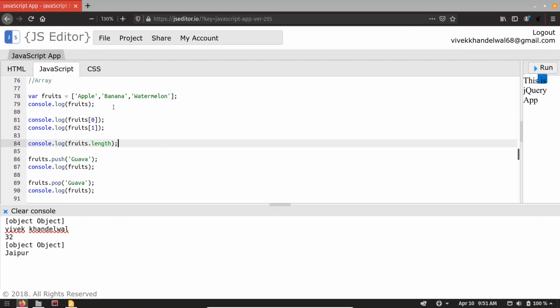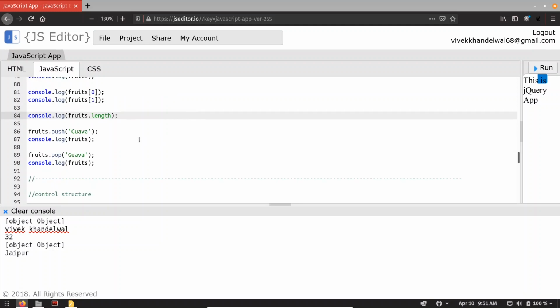And along with that, if we want to extract an element out of this array, we can use its index along with brackets. So over here I'm extracting apple which is on 0 index, printing banana which is on first index. Along with this, array contains properties and functions. One of the properties is length. So I'm able to print fruit.length. This will give the length of array which is 3.